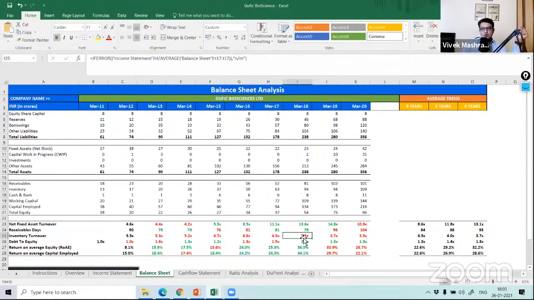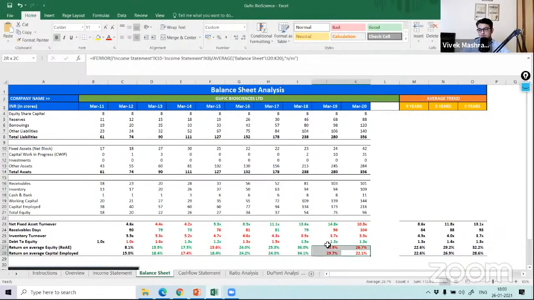Then go to inventory turnover, see the similar ratios, and ask why. Then the return on equity is also dipping. Probably that is because the profit is going down. So again, see what is happening. This red area, you should go deeper.